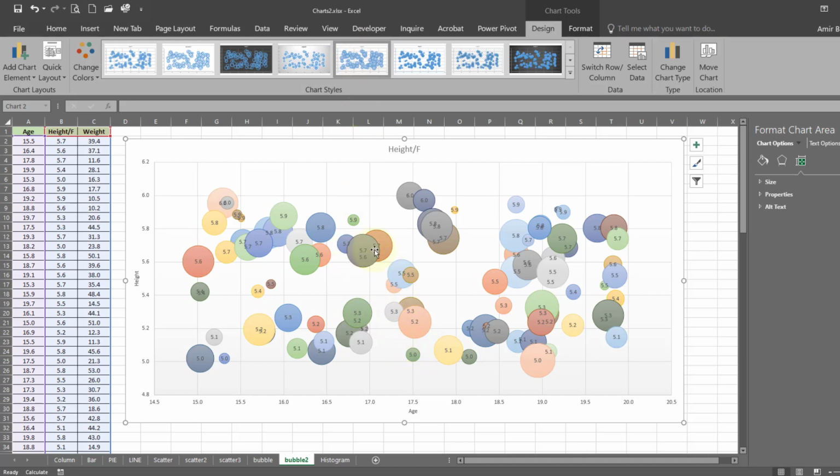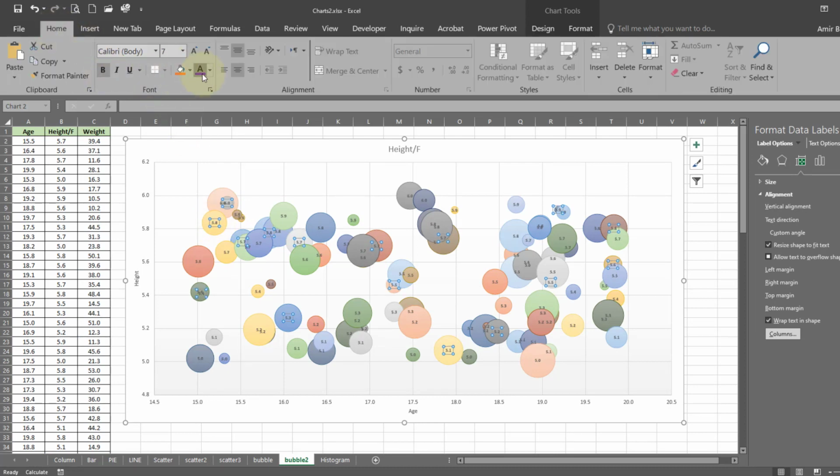So here now it shows which one is on top and which is on bottom. At least you can see almost all of them. So you can have some formatting like this for your bubble chart.